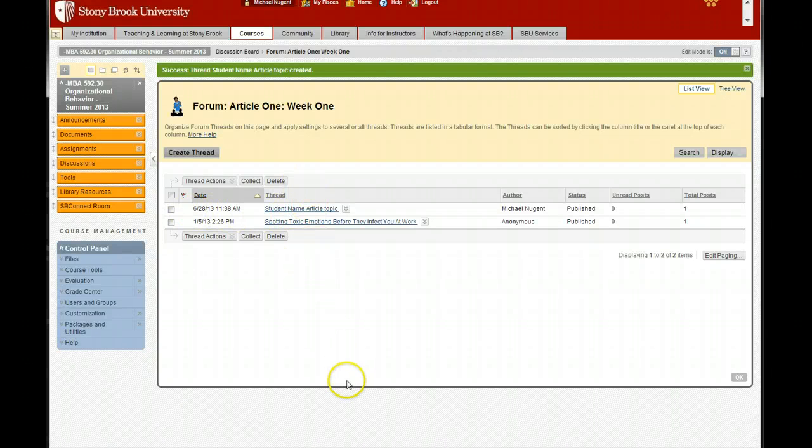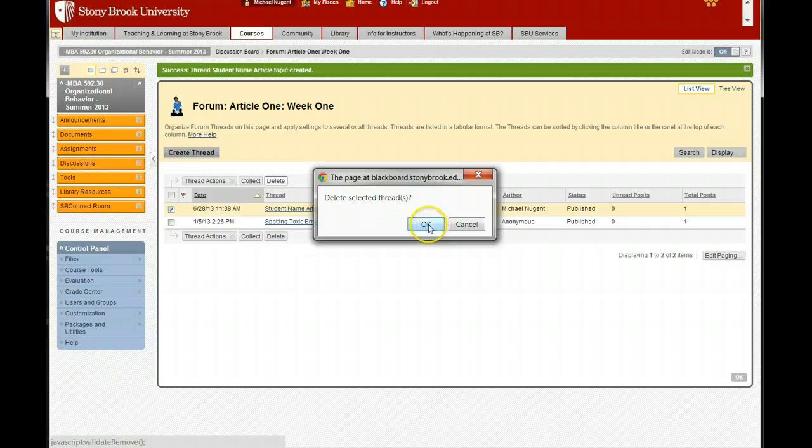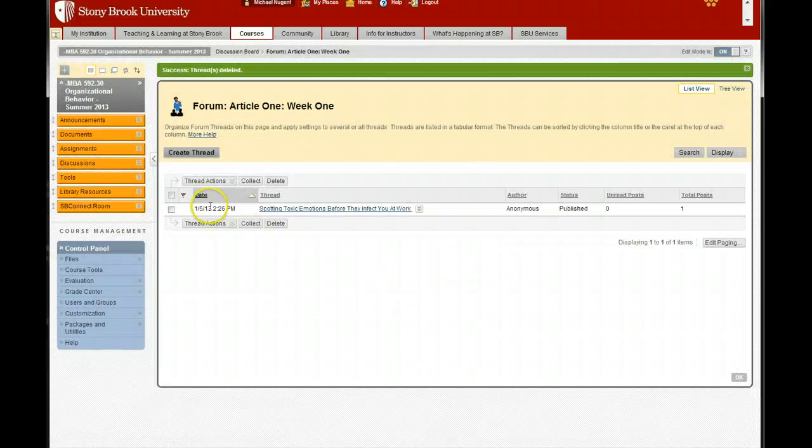So when I look at it, I can see a thread of all the students, and I can get an understanding of what your original post is quickly, and I can read the replies to your post. So we're going to have many threads, one for each student in the course as we move on. Okay, I'm going to delete my example here so as not to confuse anybody.